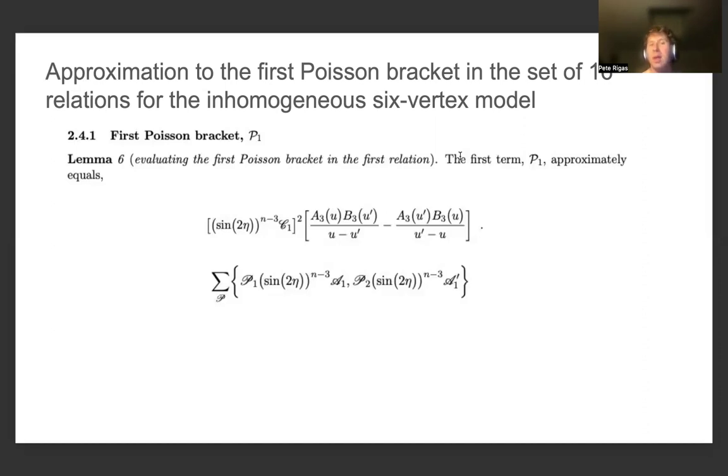So this is to say that we can look to approximate the first Poisson bracket for the set of relations, the set of 16 relations for the inhomogeneous 6-vertex model, which is given by the fact that we can look to approximate this Poisson bracket, which shares in the feature that there's a sign of 2 eta term times n minus 3 in each one of the arguments of the Poisson bracket times a script 1 and an A1 and a script P2 and an A1 prime, which are given just by different entries which are parameterized in the L